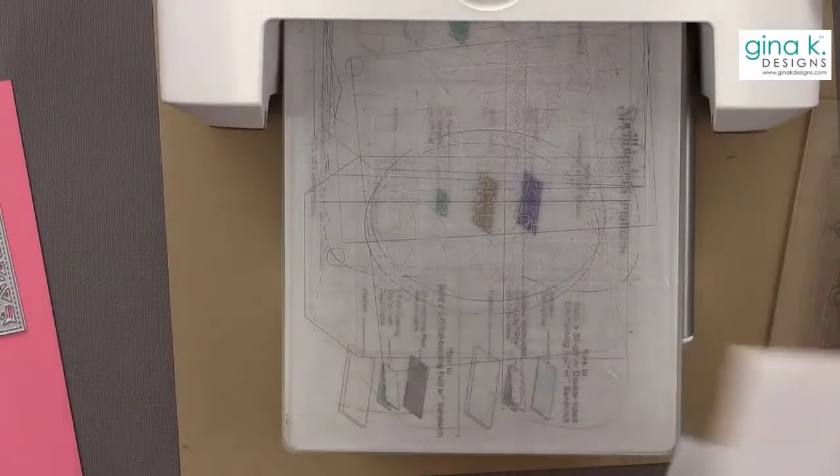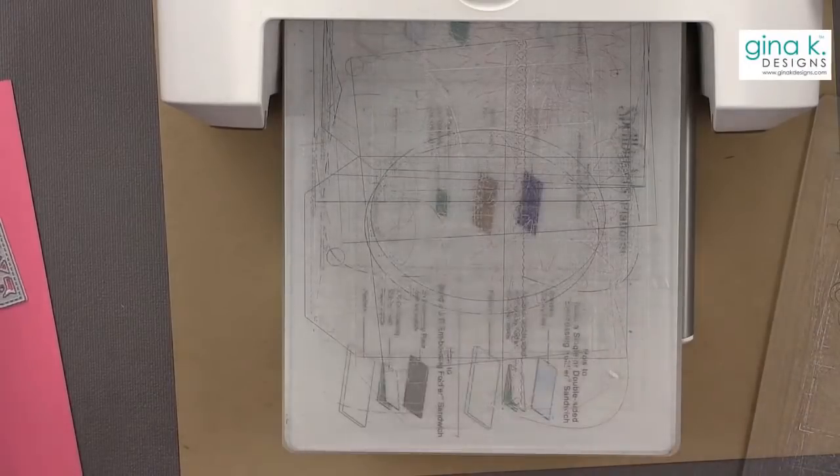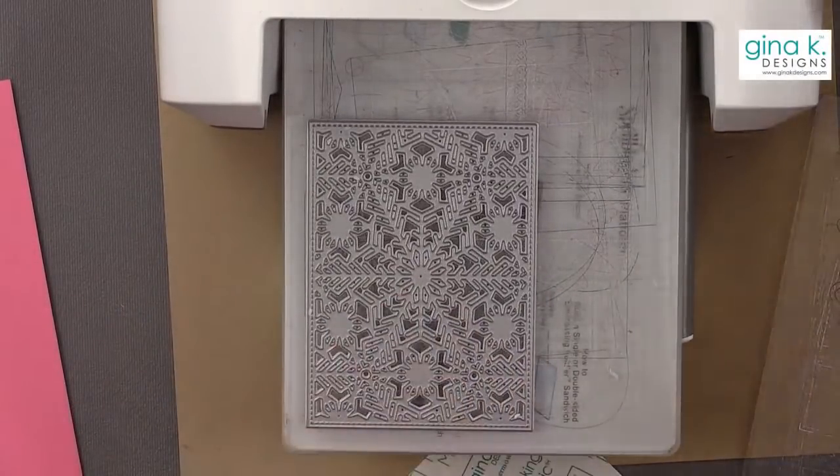So that would work too. We'll use the bigger ones. So let's cut it to 3 3/4 inch. Okay, so I'm going to lay my plate down, and you can see I still have some